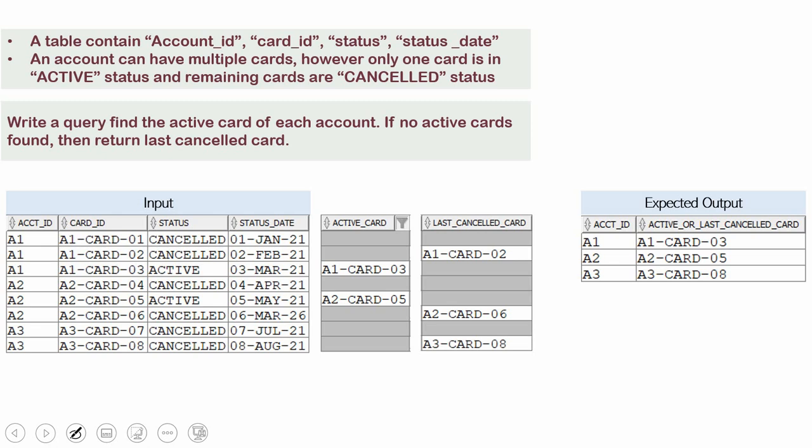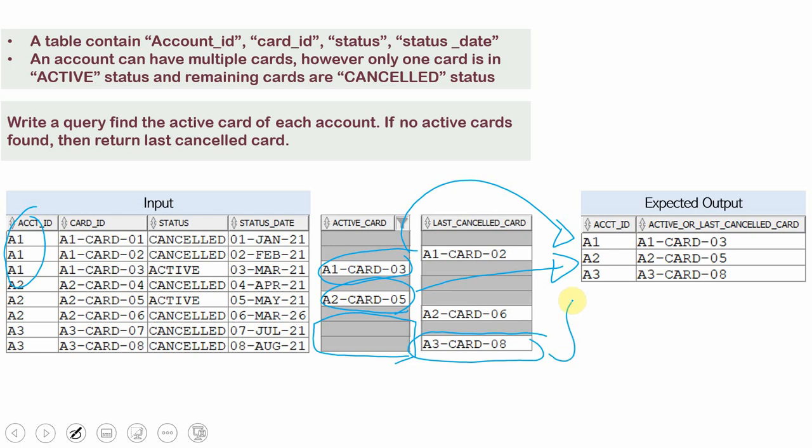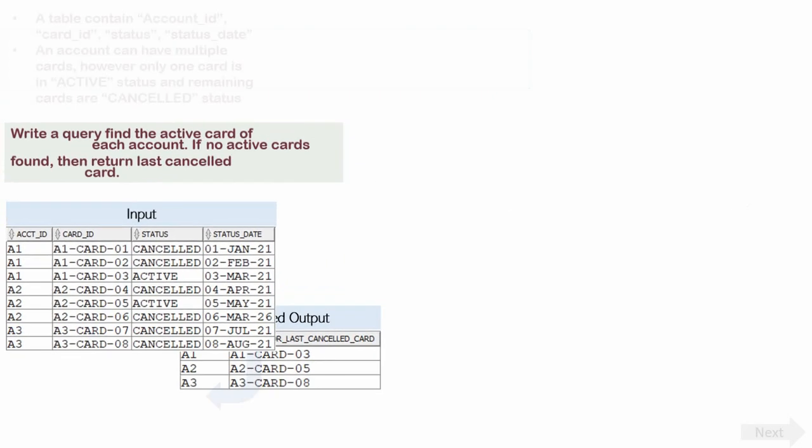For example, for account 1 we have an active card available, so we pick it as it is. Similarly for account 2 we will pick the active card. But for account 3 there is no active card, so we will pick the last cancelled card here, that is 08. Fine. Now let me show you how to write a SQL to implement this logic.